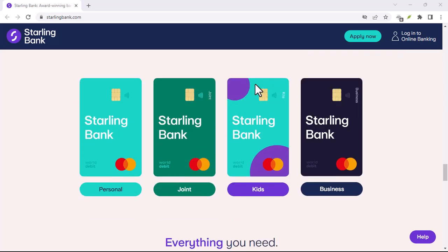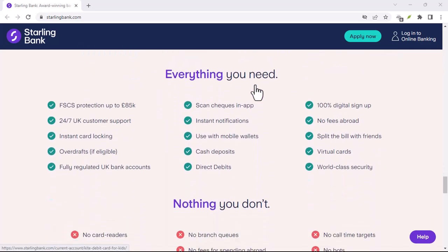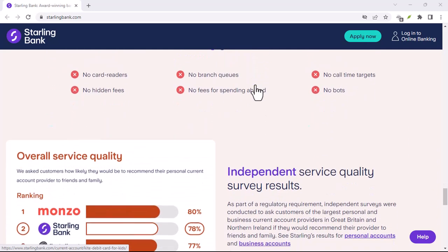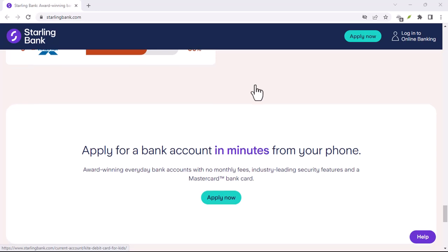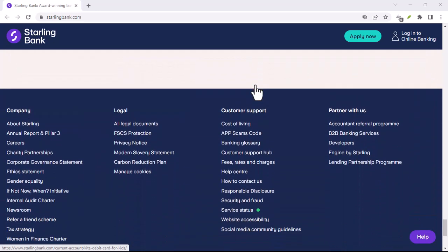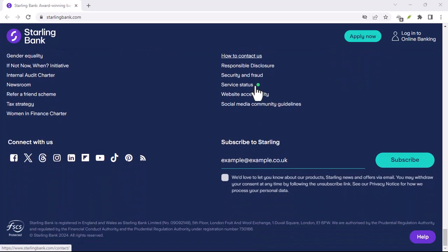Fixed-term savings. If you're looking for a higher interest rate, you can open a fixed-term savings account. These accounts offer a fixed rate of interest over a set period of time. In addition to the basic account types, Starling Bank also offers a number of additional features, such as card controls. You can use the Starling Bank app to freeze and unfreeze your debit card, set spending limits, and track your